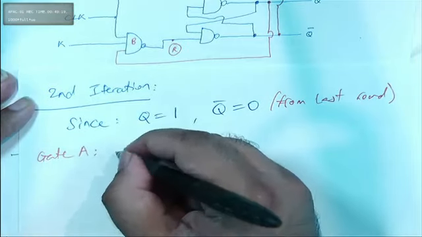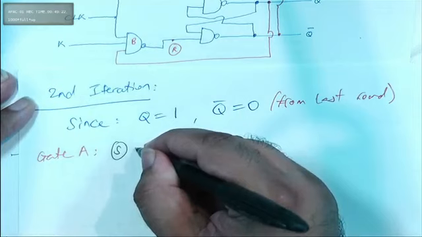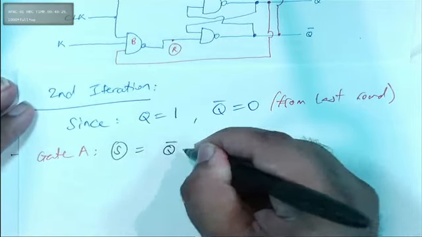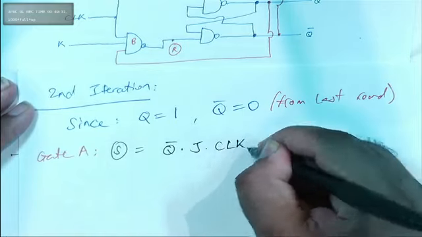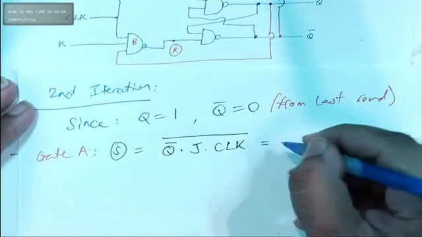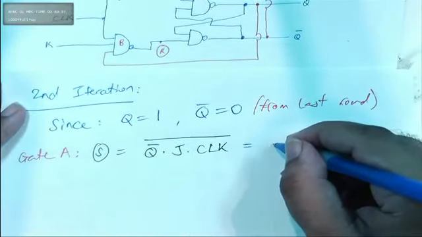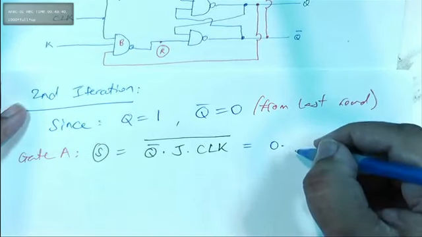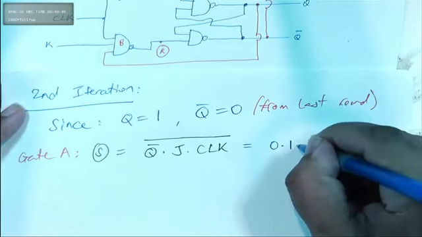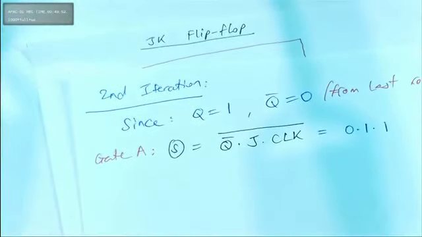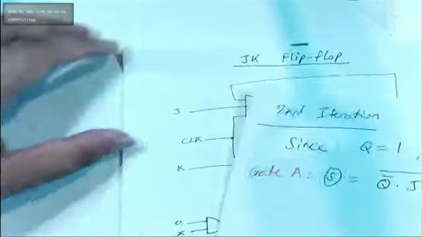Now gate A. What is the output for gate A? It's S, and what is the formula for gate A? It is Q bar, J, clock. And what is Q bar now? Q bar is 0. What do we get for J? J is 1 and clock is 1. Remember, how did we get to this problem? We got to this problem because